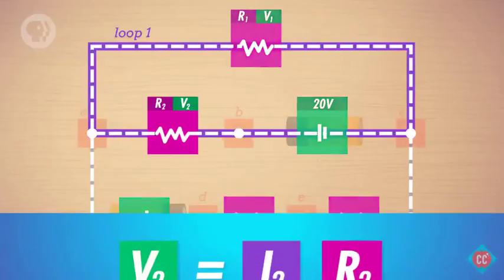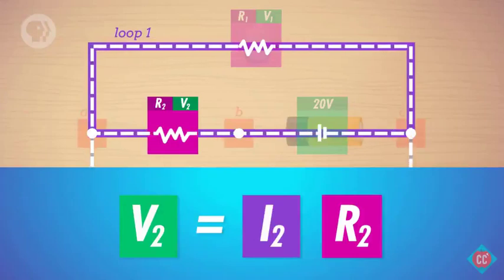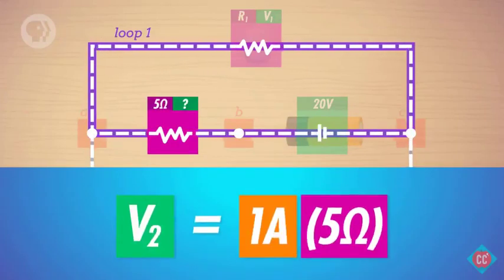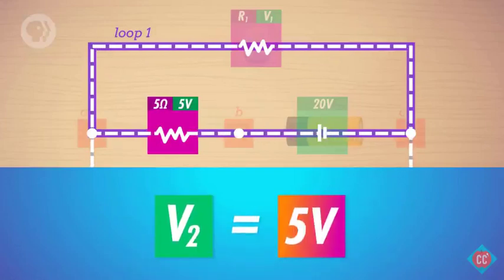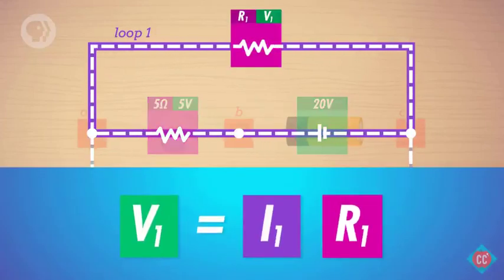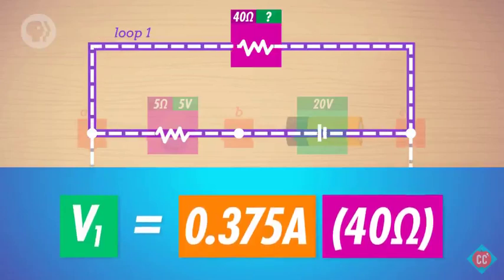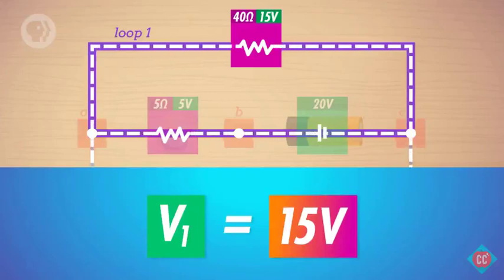Once you have this value, you can easily solve equations 2 and 3 by substituting in the new I2 solution. For instance, the voltage drop across resistor 2 would be the resistance, 5 ohms, multiplied by the current passing through that resistor, which is 1 ampere. And the drop across resistor 1 in the same loop would be the resistance, 40 ohms, times the current through the resistor, which is 0.375 amperes. That comes out to a voltage drop of 15 volts, which makes sense because then the sum of each drop in the loop is equal to the voltage